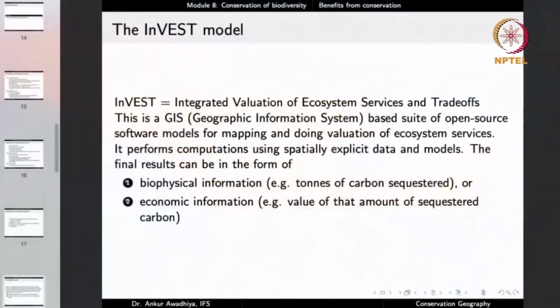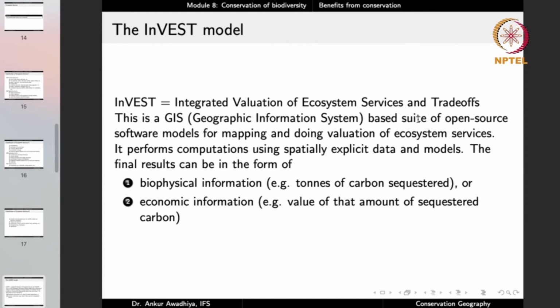But to make this decision, it is important to compute the various ecosystem services that are being provided. So models such as the INVEST model permit us to make these computations, and INVEST is a GIS based